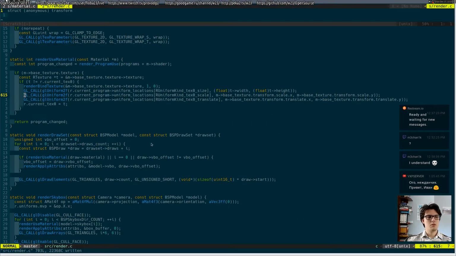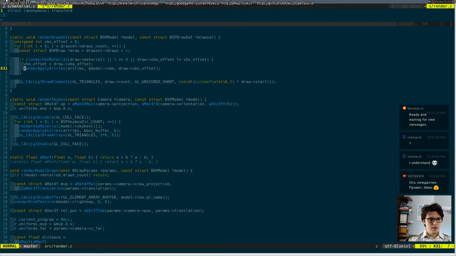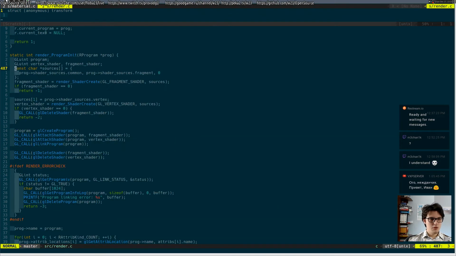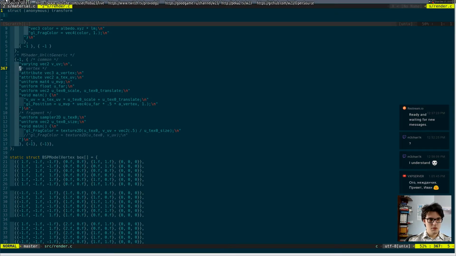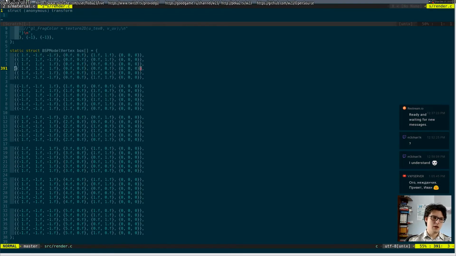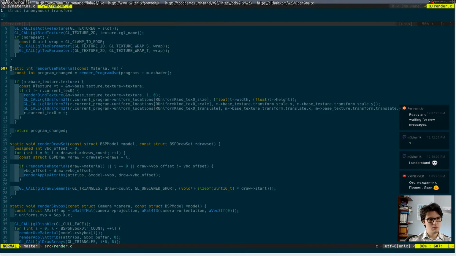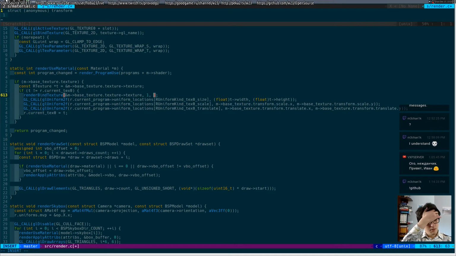Okay, so what do I do? How do I do that? Bind texture. So skyboxes do use the regular unlit generic shader, which can probably be used in other places too. What if I